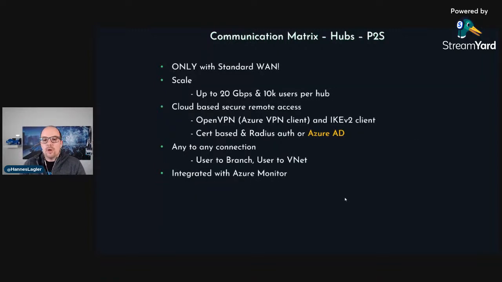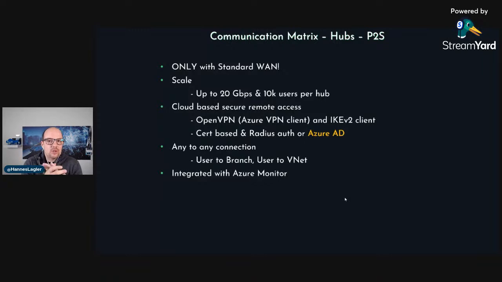When we go to the point-to-site VPN, it's really interesting here. From the scaling, it's up to 20 gigabits, up to 10,000 users per hub. You can use OpenVPN or Azure VPN Client based on IKEv2.